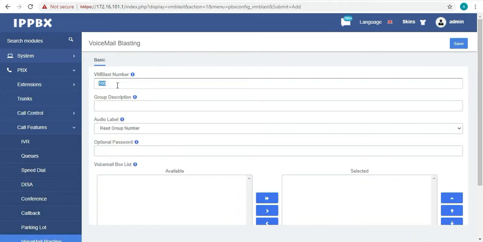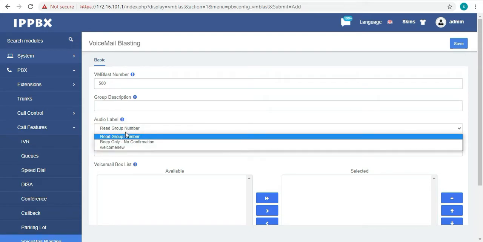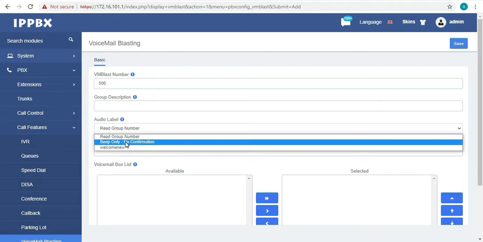So I have just given a voicemail blast number that is 500. So you can describe your group and you can set the voice prompt from here. So you just need to upload the voice prompt in custom prompt, then you can choose it here.